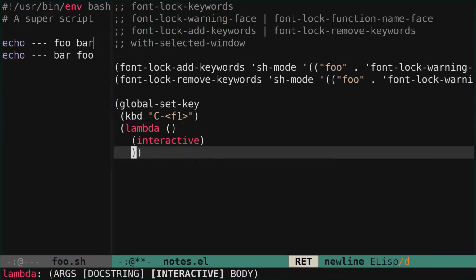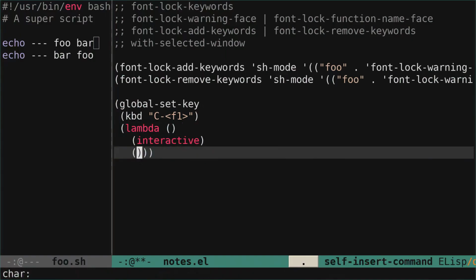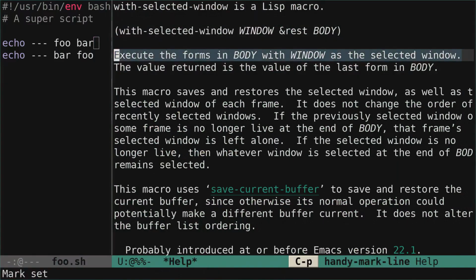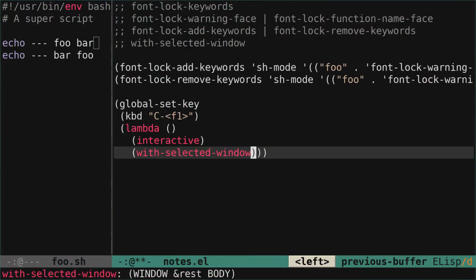We have to make it interactive. Here, at the note, we are going to use with-selected-window, so we can look at this. What does that mean? Execute the forms in body with window as the selected window. So this is exactly what we want. We want to select the window that has the buffer foo.sh,